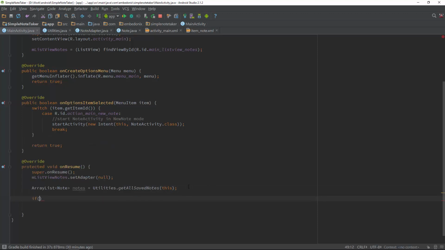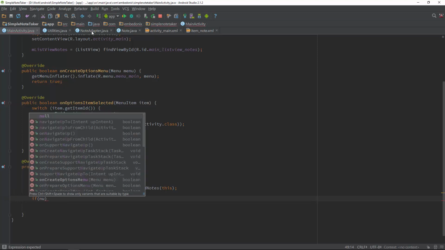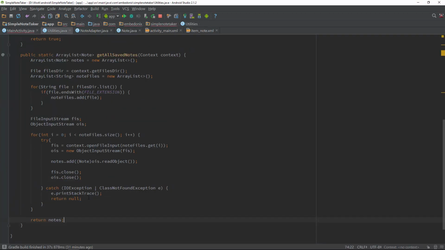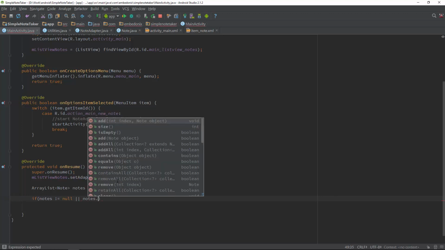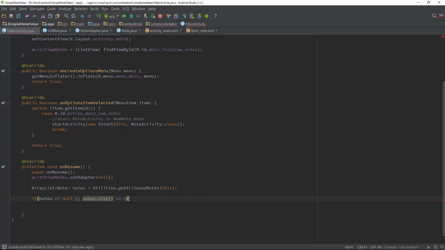And we check if we had any nodes, because remember in there, if something is going wrong, then we return null. So we have to check it here in the main activity, otherwise we get a null reference exception. If nodes is not null, or there can be another case if we have no node at all, or nodes.size equals 0,